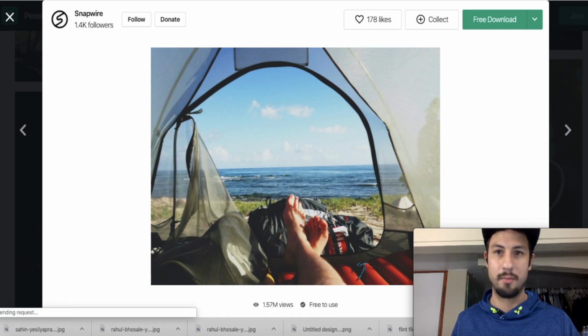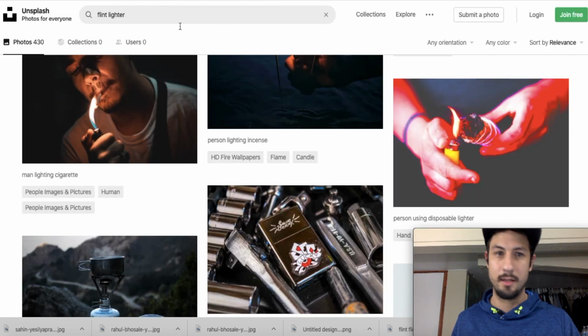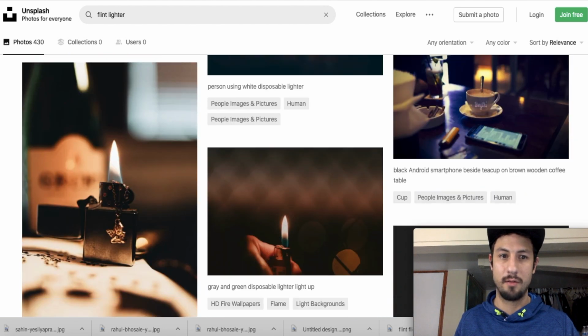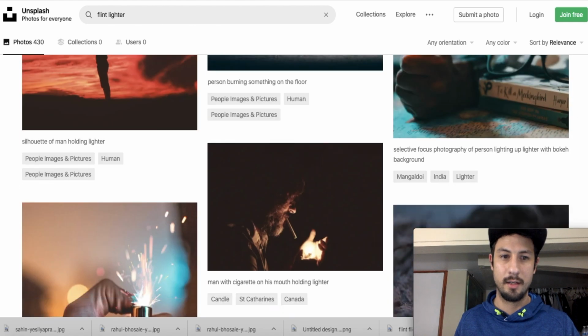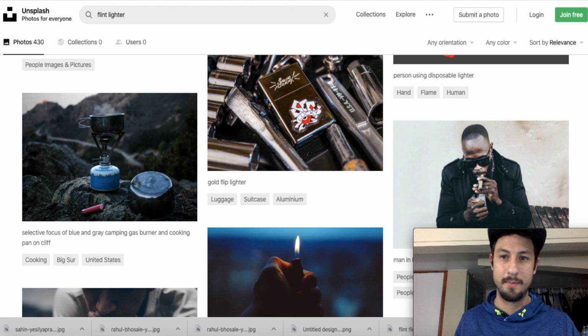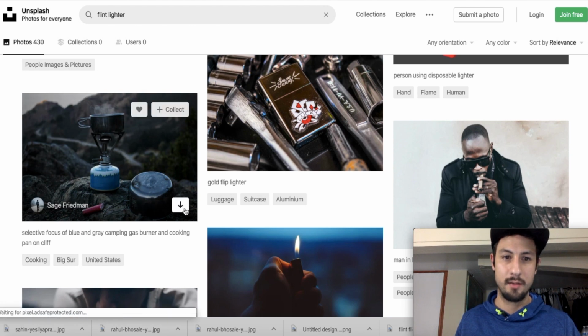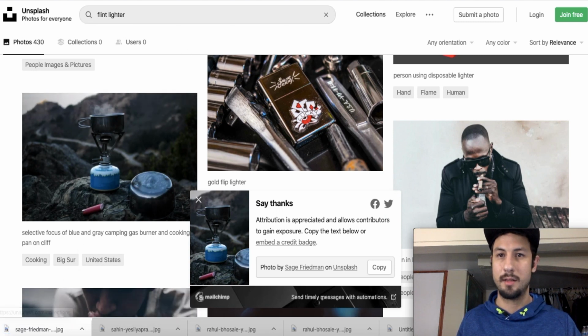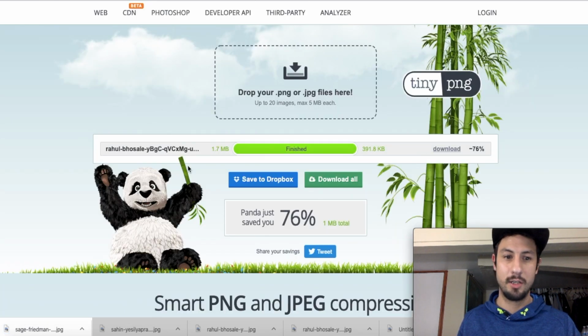I typed in camping because it was kind of towards the niche. I like Unsplash because they don't actually ask you to sign in, and you can just take the picture. I think I'm just going to choose this one. So it just downloads, and then we'll go to TinyPNG, which is a compressor, and you always want to compress all your images,